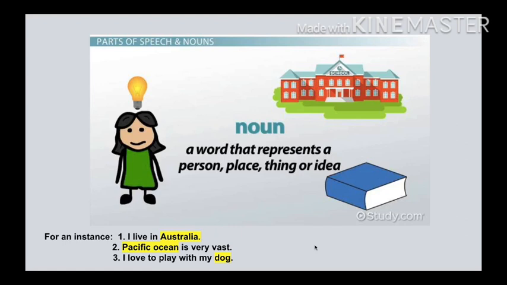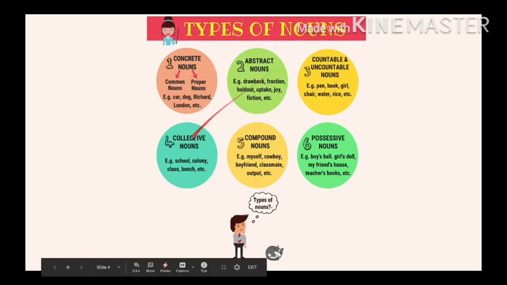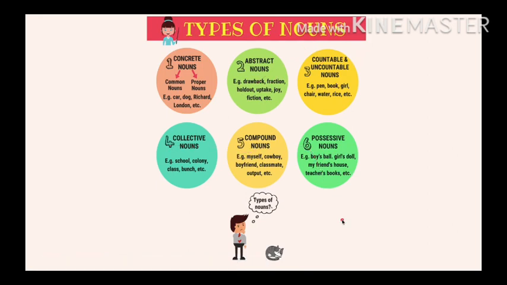So, isn't noun an easy topic of your grammar? We have understood what nouns are, right? But do we know the types? Well, this video will help you to pick up and differentiate between types of nouns like concrete nouns, abstract nouns, countable and uncountable nouns, collective nouns, etc. So let's learn about them in brief.